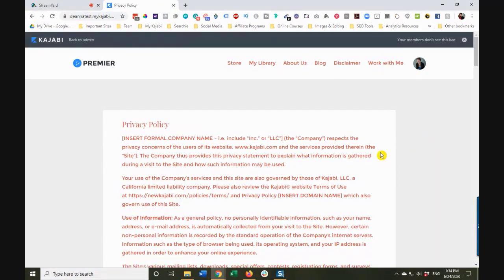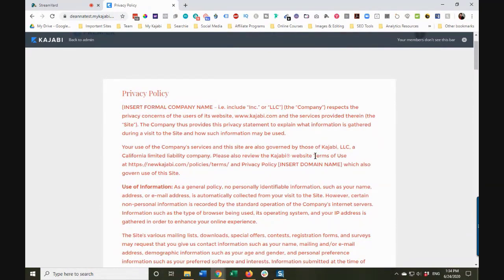Yeah, okay. And what happens is this is intended for all of the legal statements and disclaimers that you really need to have on your website. The most important is your privacy policy, because in many places it is now a law that you need to have a stated privacy policy that anybody coming to your website can read if they want to.